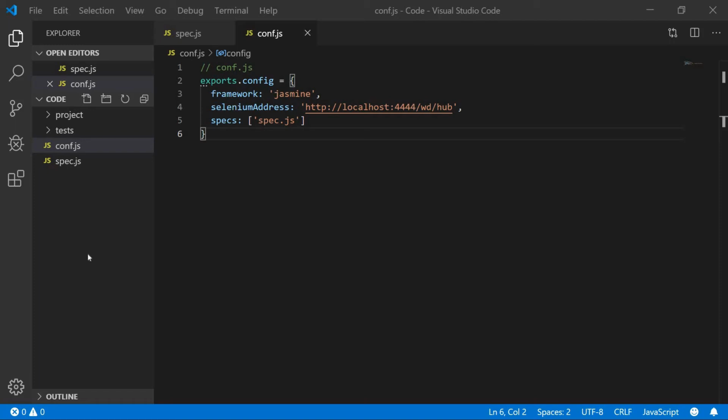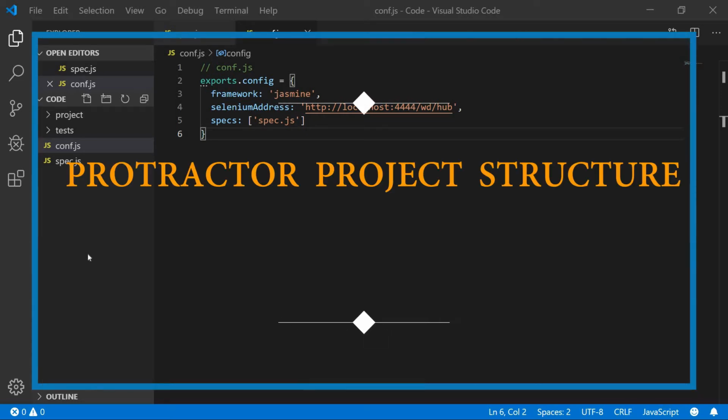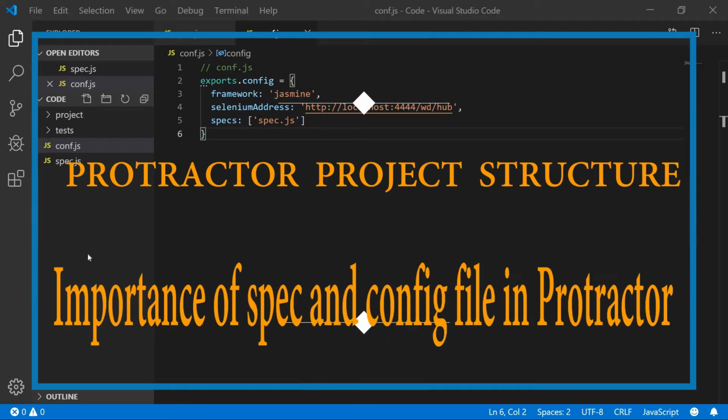Welcome once again, and today we will be learning basic project structure in Protractor. In this module, we will also be learning the importance of a spec file and configuration file in